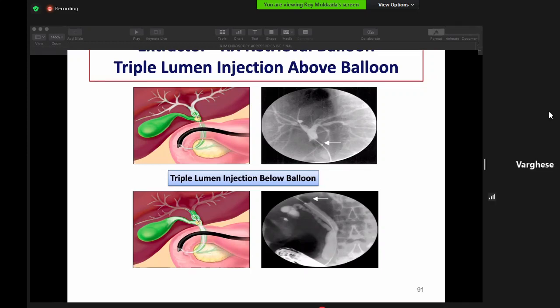So there are so many balloons used in gastroenterology, at different sites for different purposes. If you remember it like that, from upper to lower, in an orderly fashion, you won't miss anything, and in a few seconds you will narrate all those things. Okay, that's a small digression from the topic. Over to Dr. Roy.